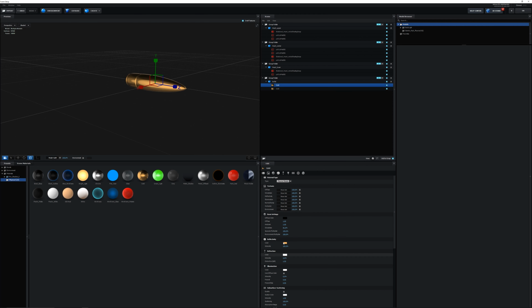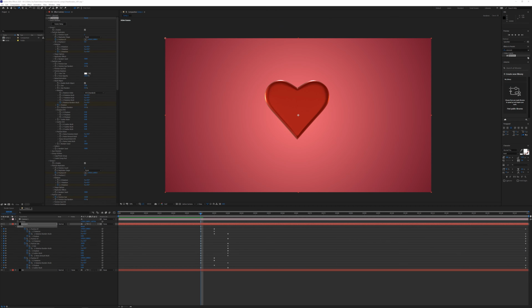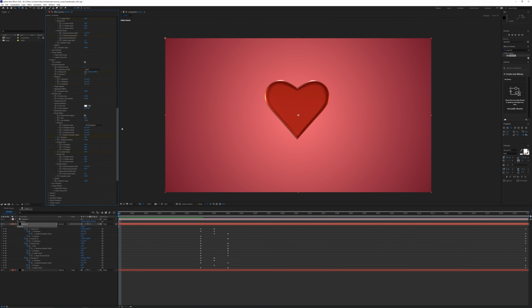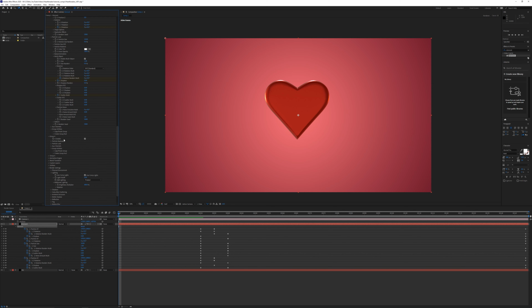We can tweak a couple things. So on the color, we can make this slightly more reddish by pulling this down a little bit, then clicking OK. And then of course we might come back and change some stuff, but I think for now this will be fine. All right, so for the bullet, we're actually going to start at the first frame, so frame 0. Scroll down to group 4. So open up the particle replicator and then keyframe the position XY and position Z. So for right now, let's just pull this forward just a tad just so we can see where it is.